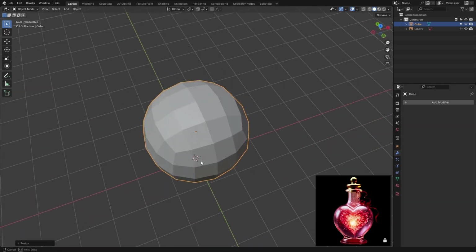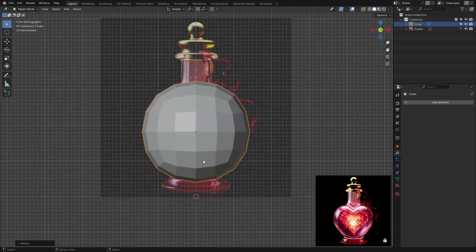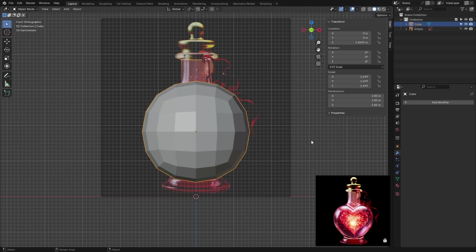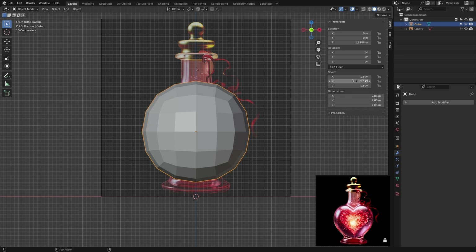It has 4 faces at the bottom and at top. So let's go back to the front view or numpad 1 and go to edit mode. Before that, let's hit Control A, if I'm not mistaken. Control A and apply the scale, because we messed with the scale. Let me show you what's going on right here. If you open up your N panel by hitting N, or open it up by this notch right here, as you can see, we have